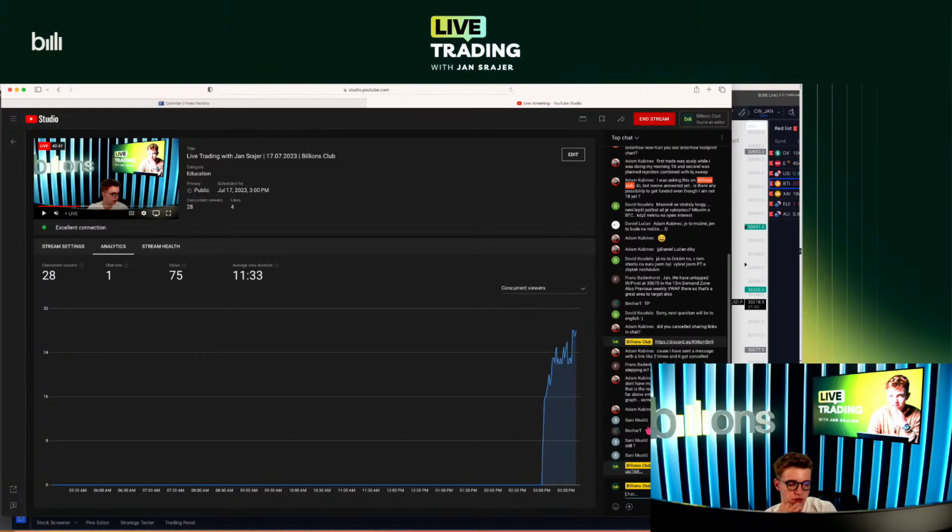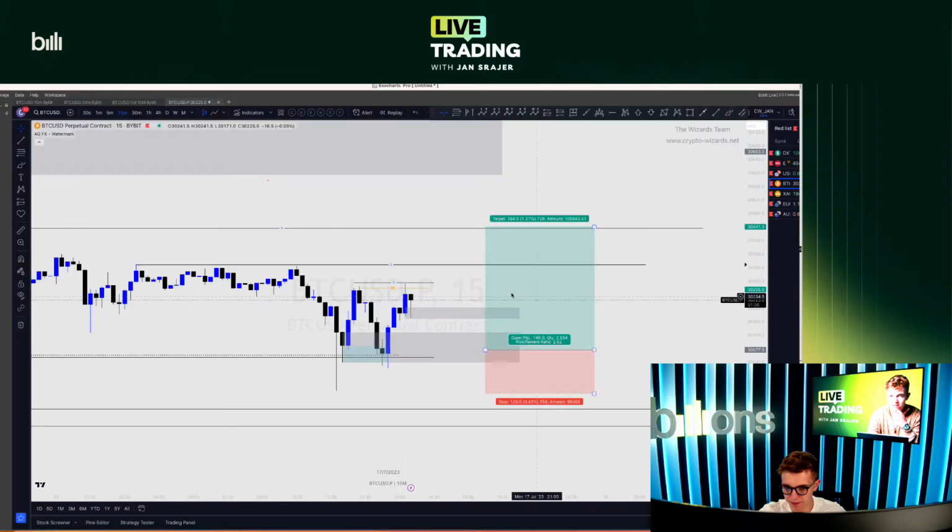I do use it in combination with supply and demand, but I'm trying to keep my style as simple as possible, so I'm trying to use less of these things. They work. Fibonacci is amazing if you know how to use it. I didn't stop using Fib because it doesn't work. I stopped using it because I want to keep my style as simple as possible, which is based on supply and demand, liquidity levels, and so on. So I do use Fibonacci from time to time, I just don't use it as often as I used to. But yeah. All right, so there is a strong push out of it.